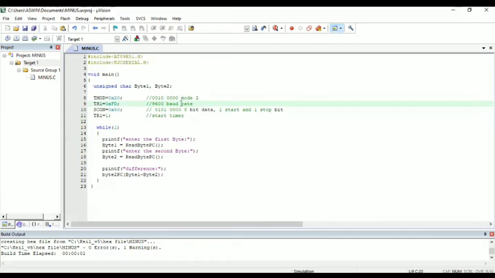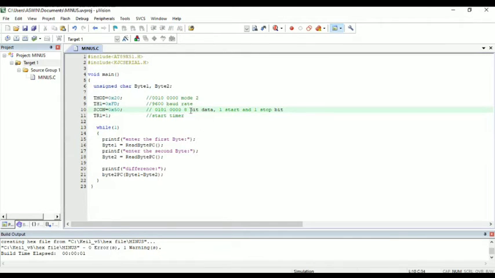The next is SCON, which is also associated with UART, and when we give the hexadecimal value 0x50, which is 01010000 in binary format, it means we are setting SM1 and REN to a high state.